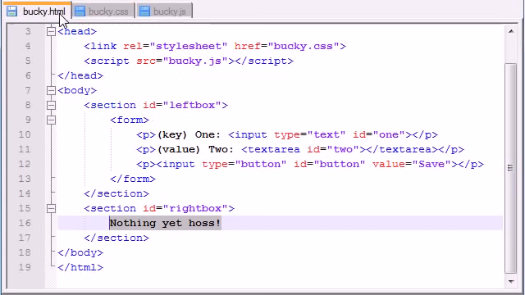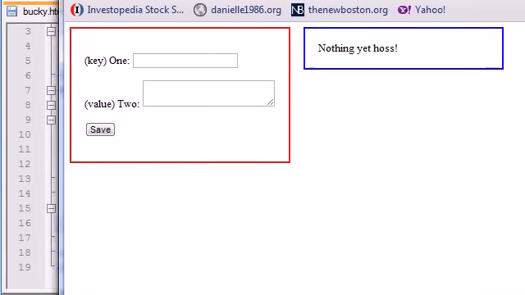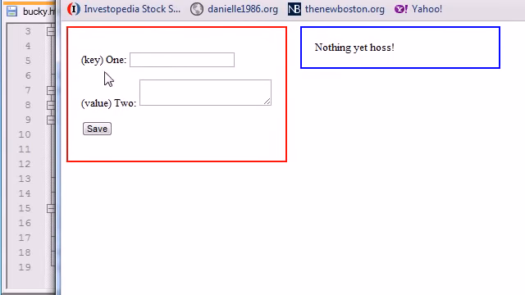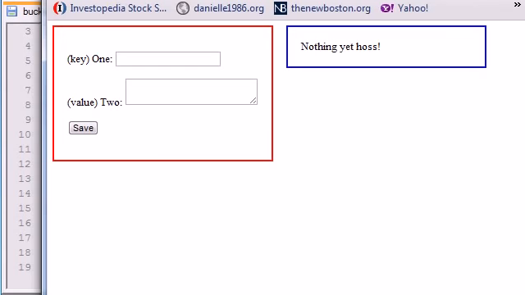So let me go ahead and save this and check it out. Alright, so let me move this so you guys can see. So basically what we have is this red one is the left box, and you see the padding around it of 20 pixels, and this right one is called the right box. And this margin left is what gives us this 20 pixels of space right here. But anyways, now that our website is looking pretty good,